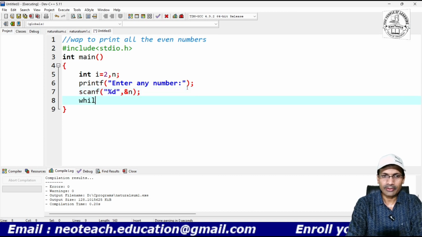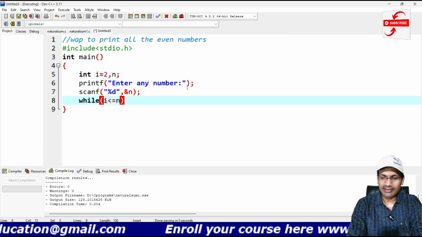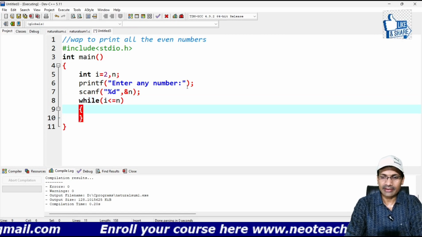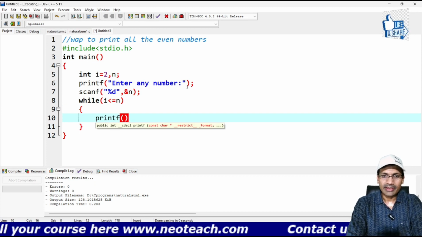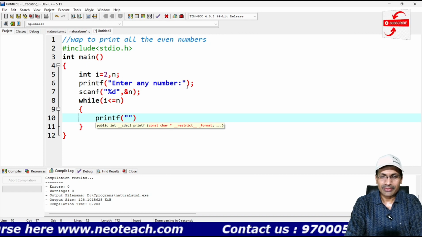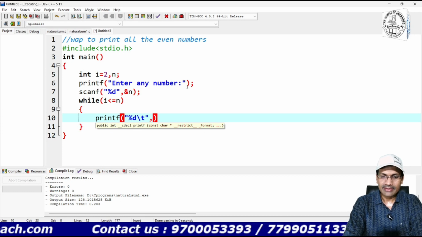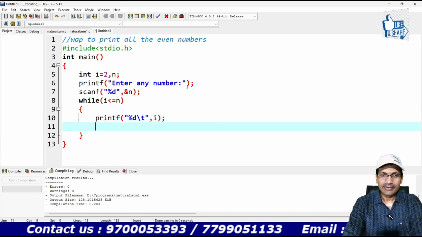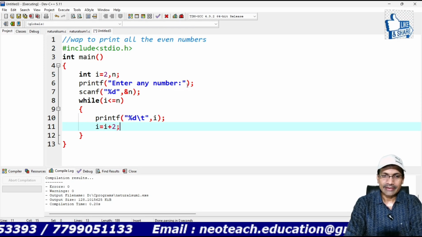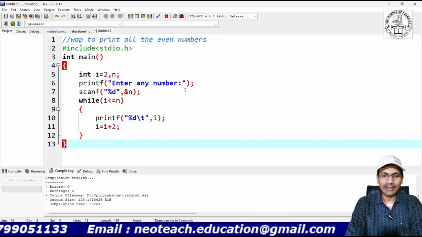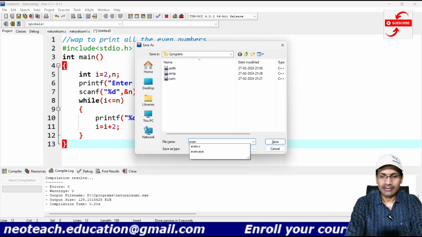Now write the while loop. Inside the while, the condition is I less than or equal to n. This condition is important here. Now print the I value, because we already took the I value as 2. So percent d, then backslash t, and this value is the I value. Now I is going to be increased: I is equal to I plus 2. So like this we will write. Now let me save it as even print